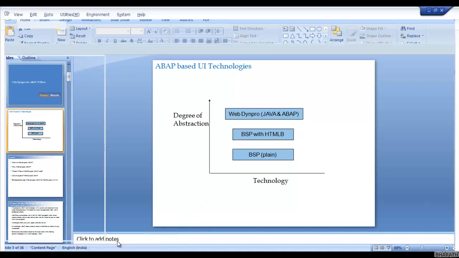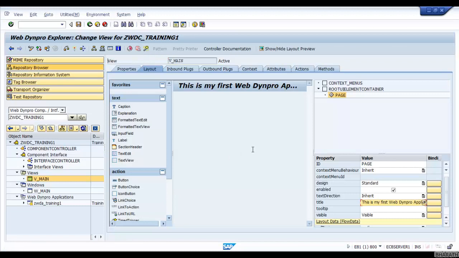It is well understandable for an ABAP developer, but BSP technology is not well suited to ABAP developers. So BSP has been outdated, but it is still used in SAP CRM. So now in our training, let us focus on WebDynpro Java and WebDynpro ABAP.